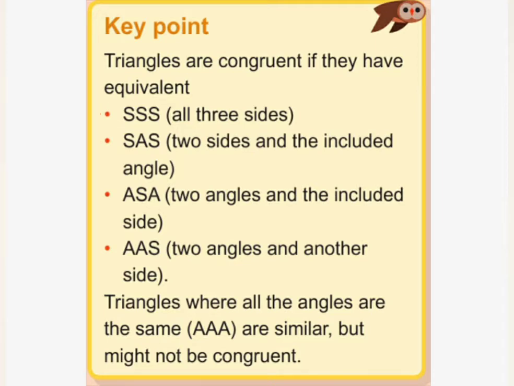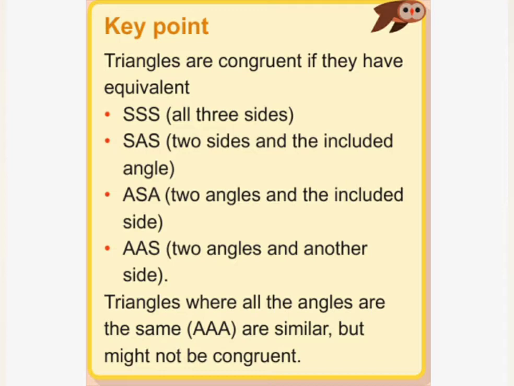Now we have another situation in which AAA pops out, in which all angles are the same. But we can't say these triangles are congruent because of AAA, because we might have two triangles with AAA, but they're not the same size. The sides are not the same size, but the angles are the same because angles don't change when you enlarge